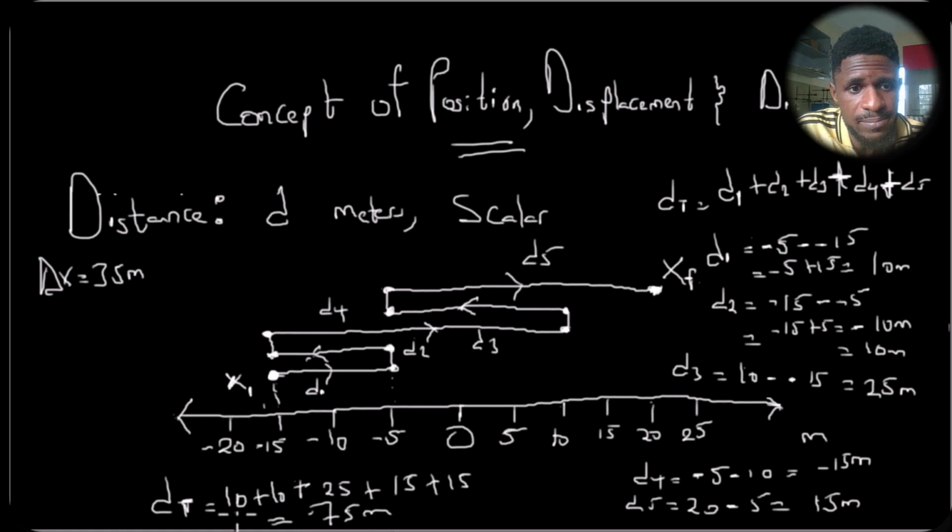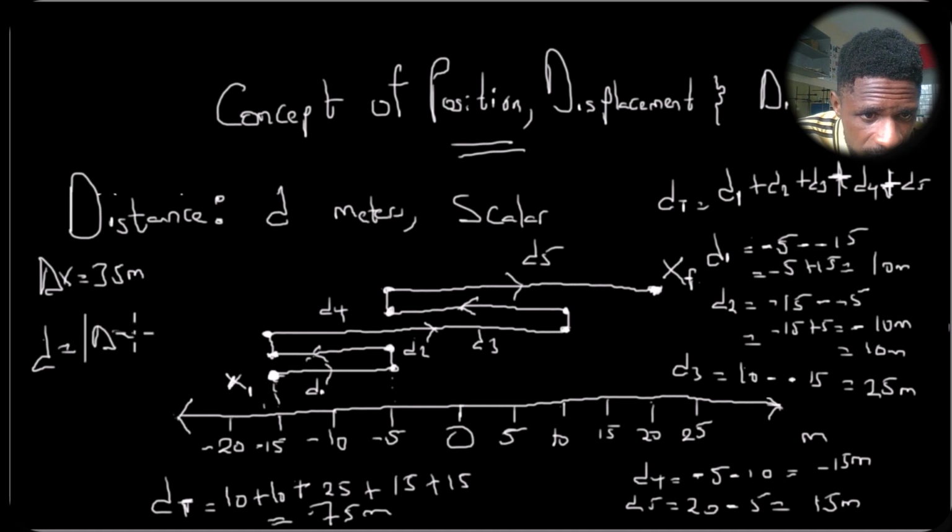meters. So this means that my object has walked a total length of 75 meters during the course of this motion. So you can see that displacement and distance do not mean the same thing, only in a special case. Of course, but to calculate displacement between this point and this point, I have the same thing as distance. So we can come to a conclusion and say distance will be equal to displacement